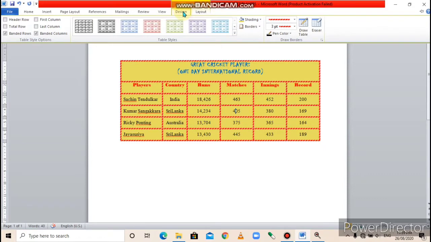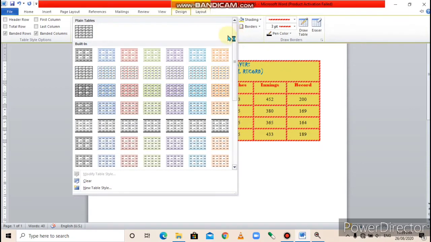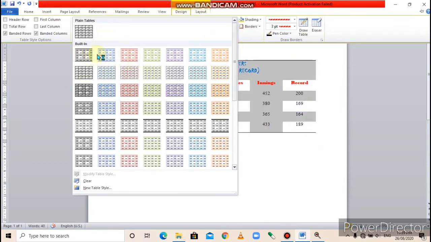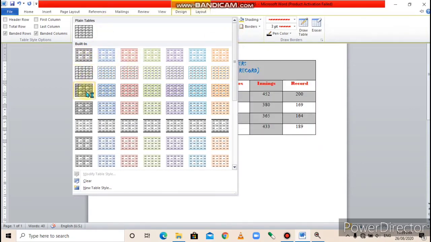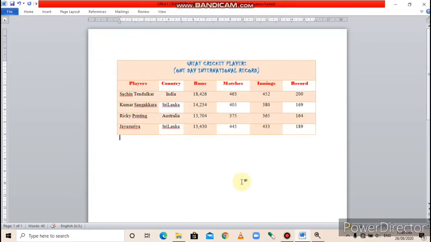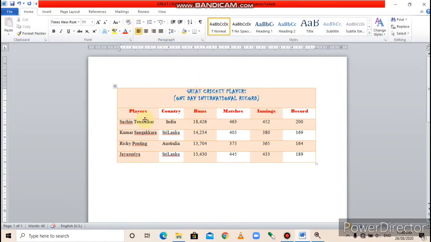After clicking inside the table, click on the design tab, then click on the more button in the table style group. Click on this more button. Select a design as per your choice. The table will be changed into the design which you select. I repeat once again.